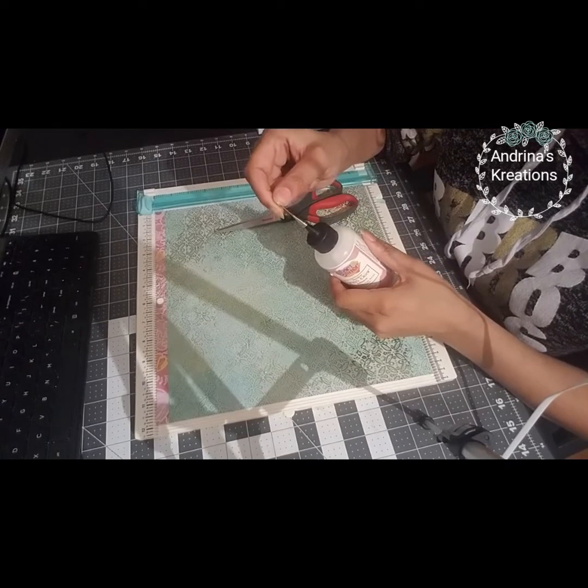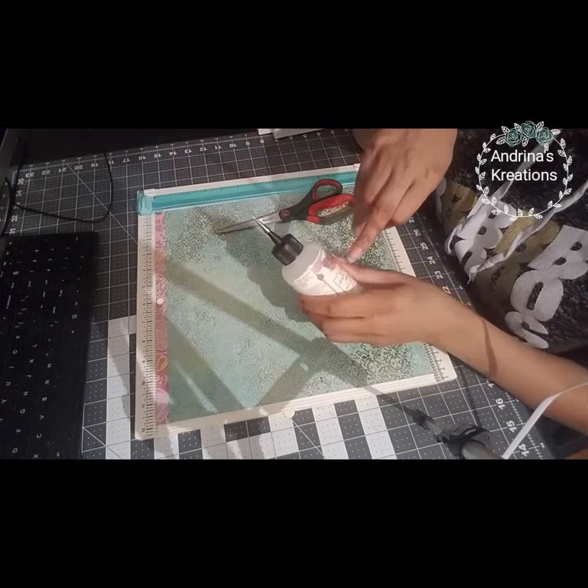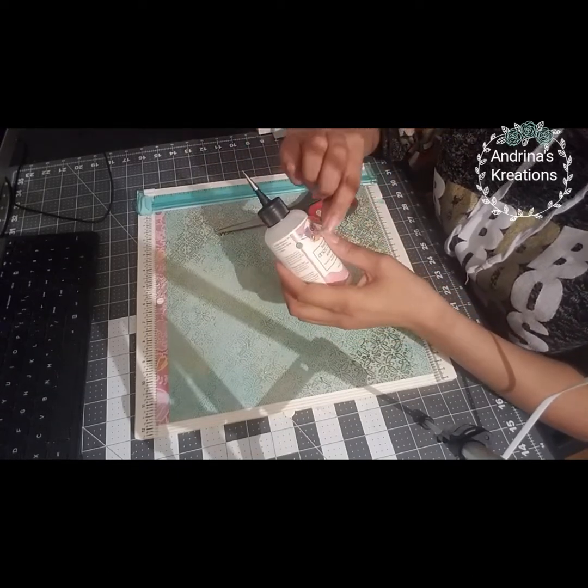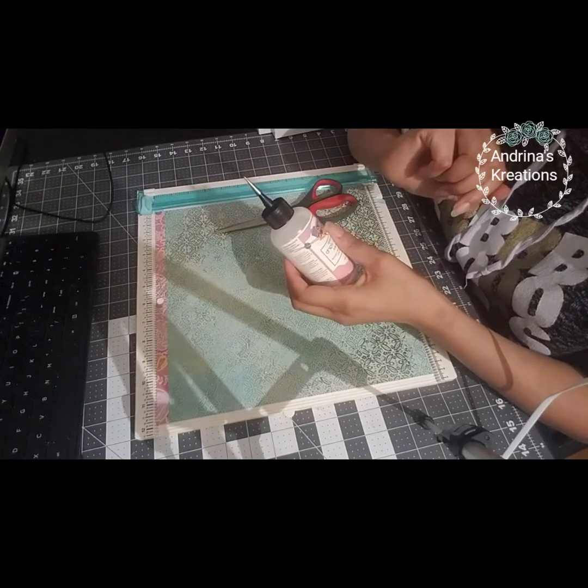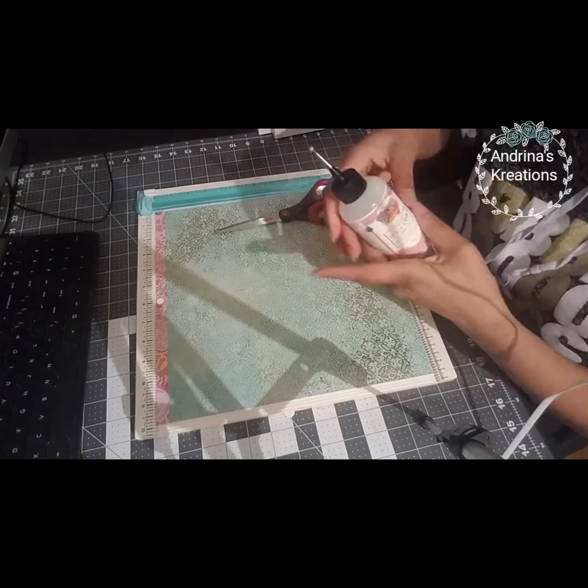So your glue doesn't get clogged, I use a sewing pin, and then I glue a small magnet on the side. So when I'm not using the pin, I don't lose my pin. I put the pin on the side and then I'll put it back. So, glue,